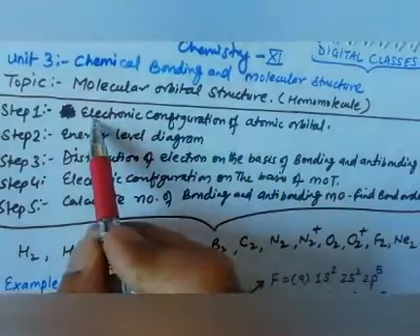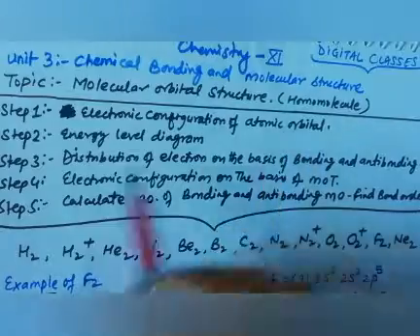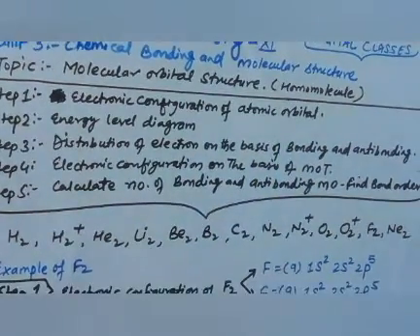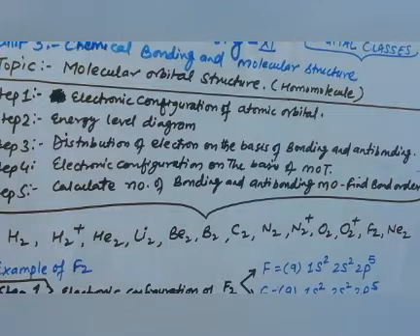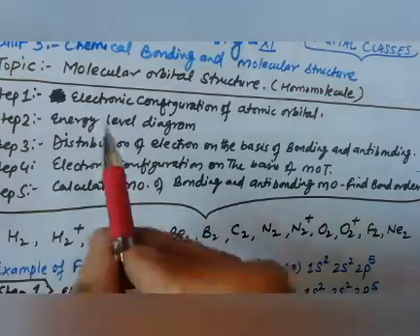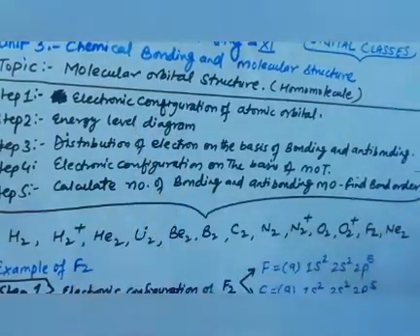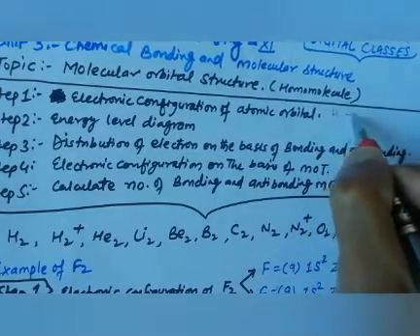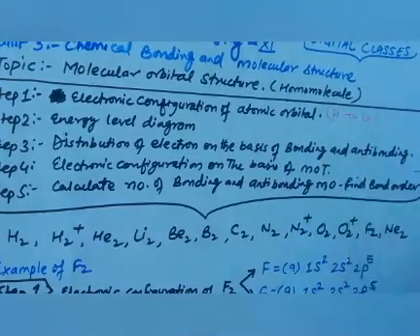If you don't know electronic configuration of atomic orbital or atomic number, then this concept is going to become a little bit difficult for you. So it is my request, first please go through the previous videos, go through the second chapter, go through the 10th class, 9th class, where we studied about atomic number. We should know at least 1 to 20, hydrogen to calcium.